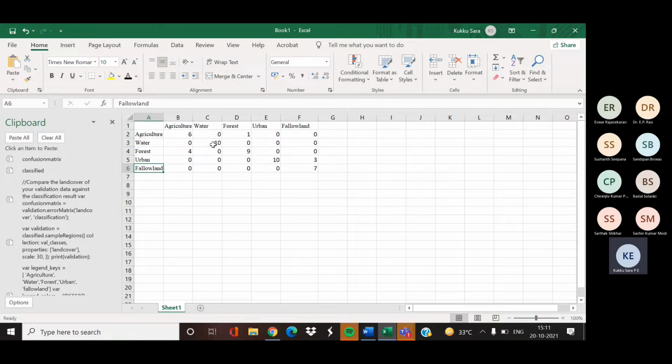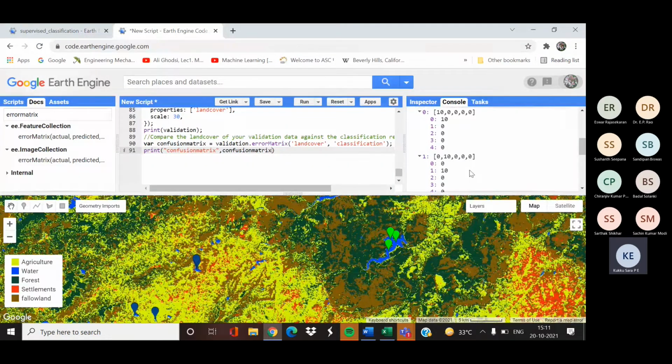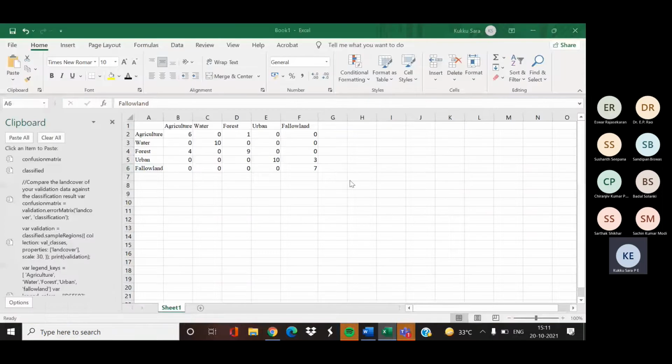Then this 10 is correctly classified as water. 9 pixels are correctly classified as forest. 10 is correctly classified as urban. Similarly, 7 fallow land pixels are correctly classified as fallow land. So these diagonal elements give the correctly classified number of pixels. This is how the error matrix will look if you arrange each of these columns into this table.